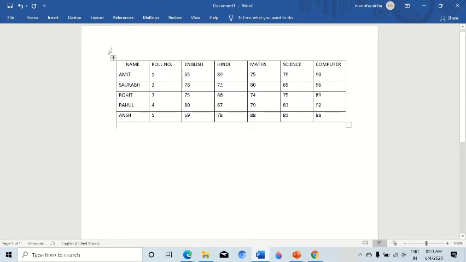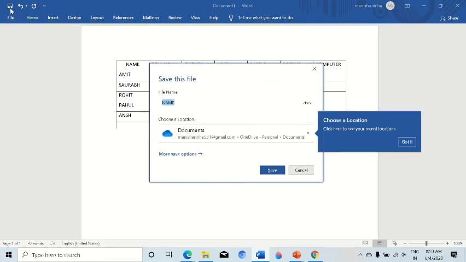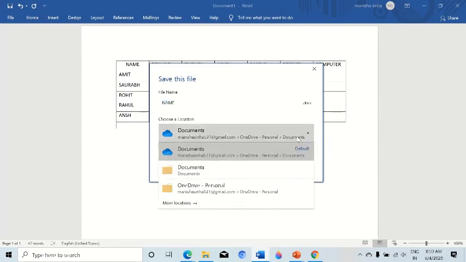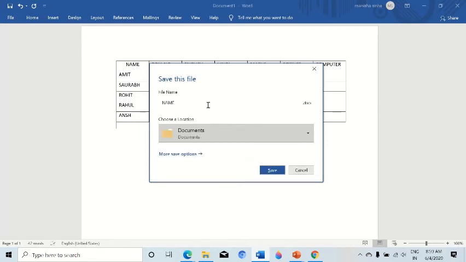Children, you can see like this we have just created the table. Now we have to save the table. Click on the save button on the quick access toolbar. Change the location where you want to save it. Okay, give a name, a random name, anything.